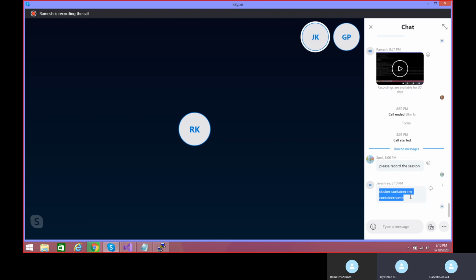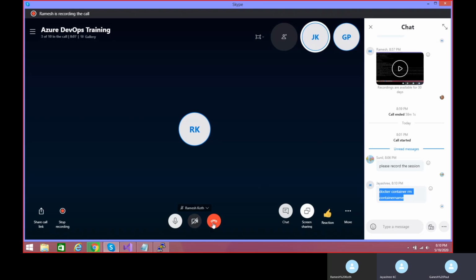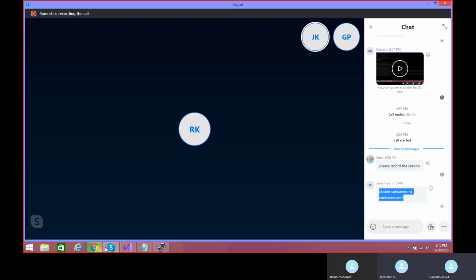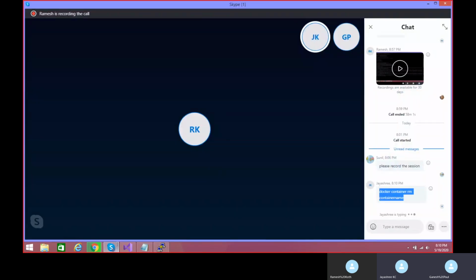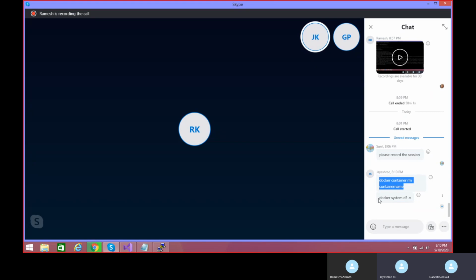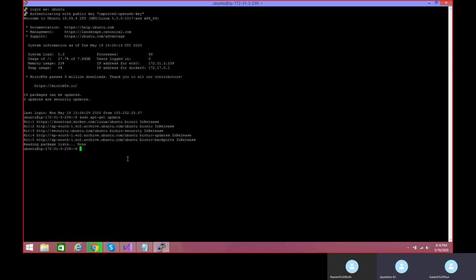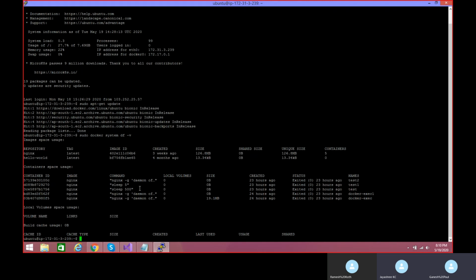Now let's see one command which is used to see the Docker system disk usage. This will be important whenever you are debugging, for seeing which Docker image is getting what kind of space, and what space is occupied by your Docker containers also.